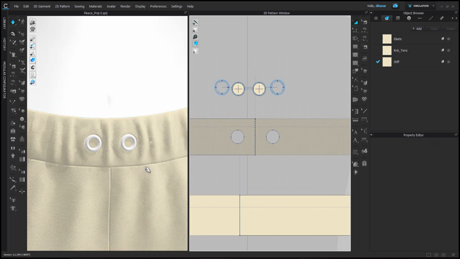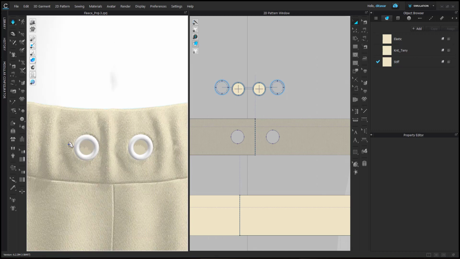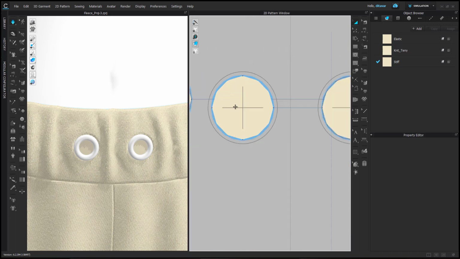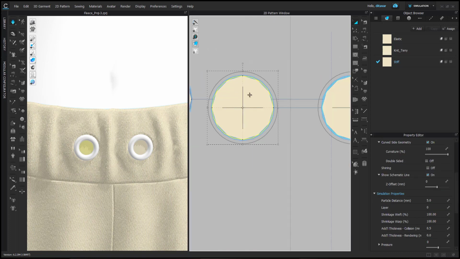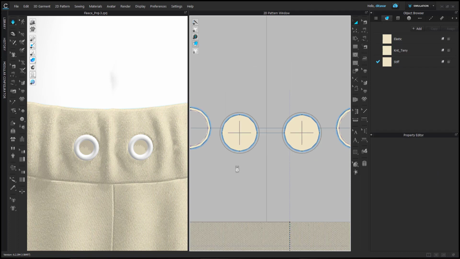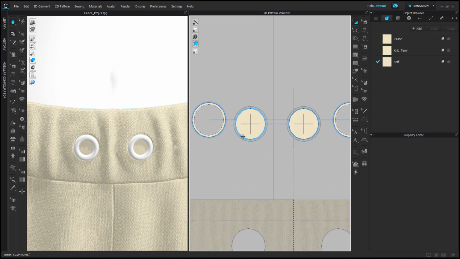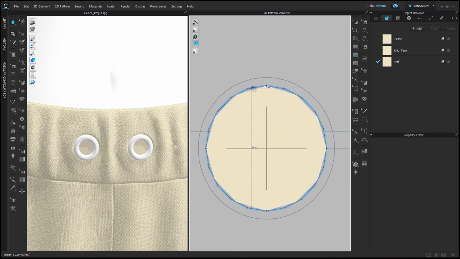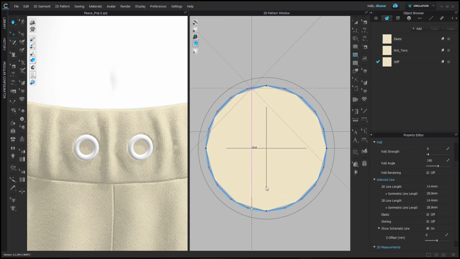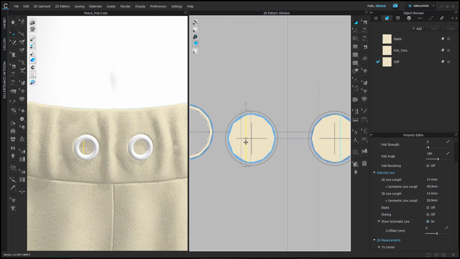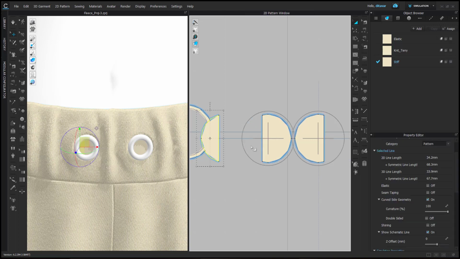Of course, we want to pull something through these eyelets, right? So there will be either a cord or a ribbon, and a cord or a ribbon cannot go through a pattern piece, so we need to create a space for it. And I very randomly thought maybe I can just cut some part off. So I just cut this kind of